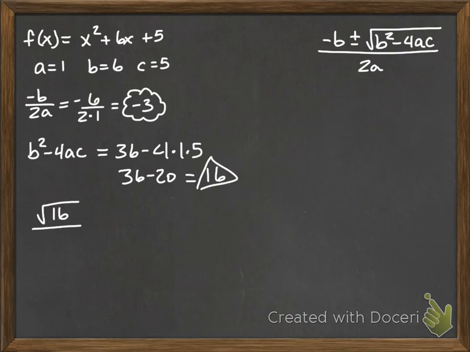So now we're going to go square root of our triangle. So square root of 16 over 2a. So that's 2 times 1. So square root of 16 is 4 divided by 2 equals 2. That's our little square. So then our two answers, x1,